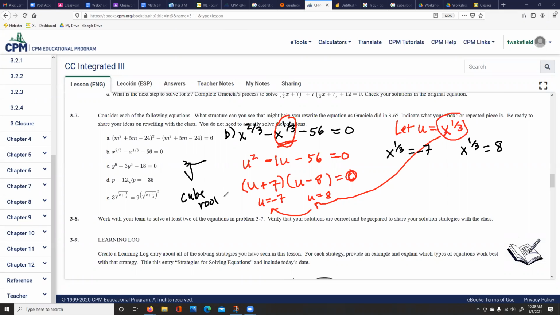Okay, so it means we're going to take the cube root of something to get -7, and you can take cube roots of negatives, but we want to get rid of this third. So actually, to get rid of this third, we're going to multiply by a 1/3 power. So I'm going to cube this over here too. Okay, I'm going to cube that. And then here, I'm also going to multiply this by a 1/3 power to make it 1, and then multiply this by a 1/3 power. Okay, so x equals